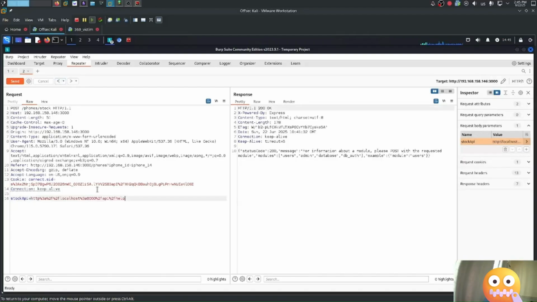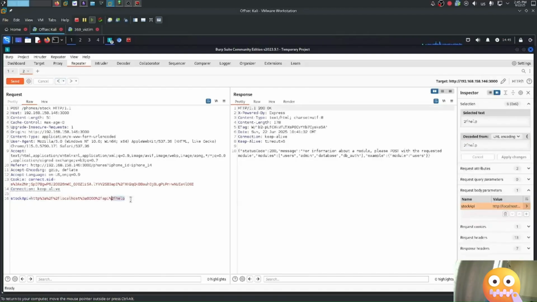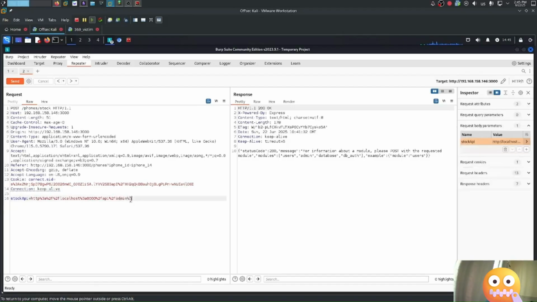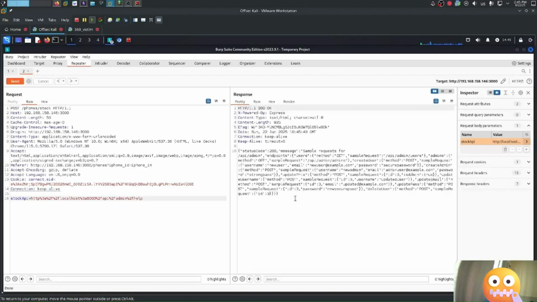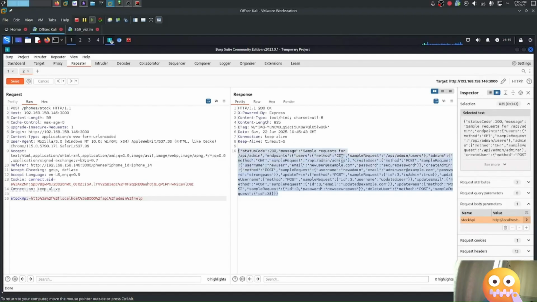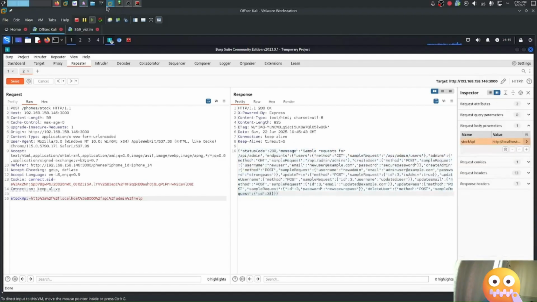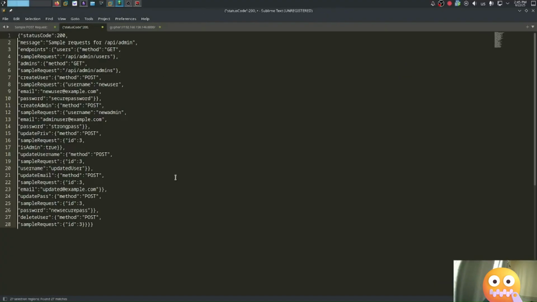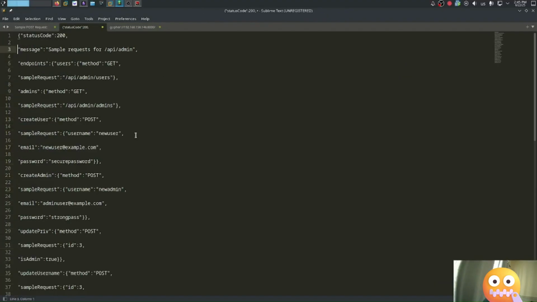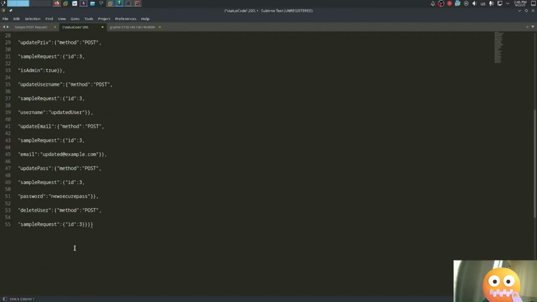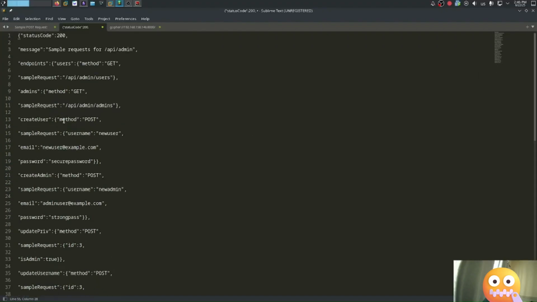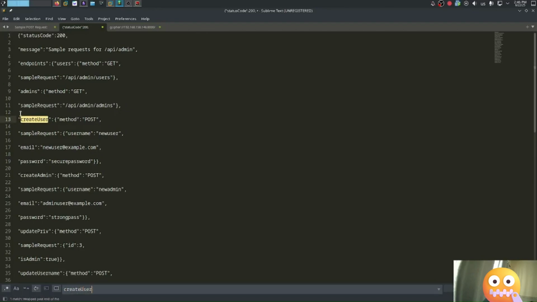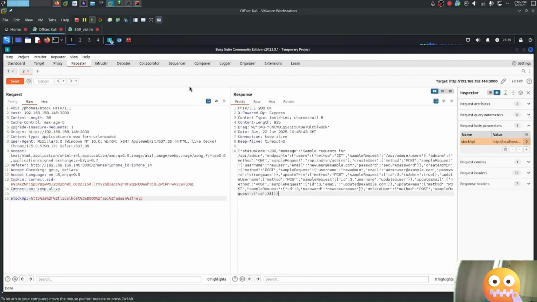To go back, instead of this, we will try admin help, and we send the request. We see that it gives us, in a way, all of the functions. So the developers, when they did that, they meant for this API to be internal only, and that's why they did not secure it. So we care about create user,